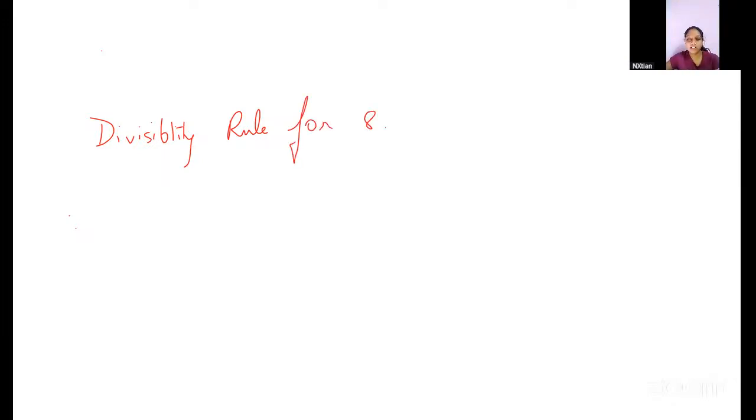The divisibility rule for 8 says that a number is divisible by 8 if the number formed by its hundreds, tens, and unit digits is divisible by 8. For example,